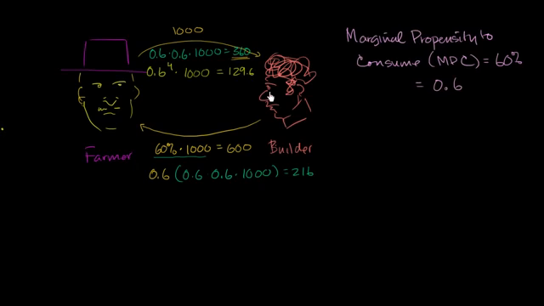Now this guy, the builder says, oh, I got another $129.6. I'm going to spend 60% of that. And it goes on and on and on. So given this, let's think about how much from that incremental increase of spending of $1,000, how much total new production and spending happened in this economy. So the way to think about that, so the total,